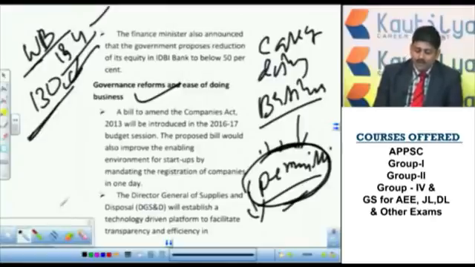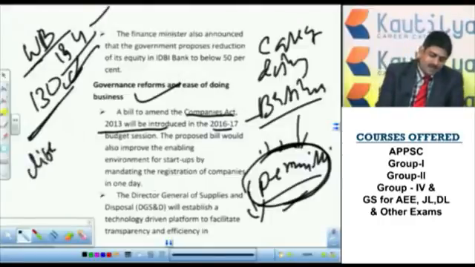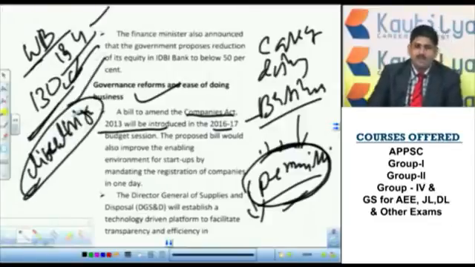So now, in order to do that, a Companies Act 2000 will be introduced in 2016-17, whose main aim is liberalizing the license raj, liberalizing the rules and regulations. They may introduce an online system where they will get permission by submitting an online application form on one platform. So there is no need to go to various departments, no need to run to various ministries in order to get the permissions.